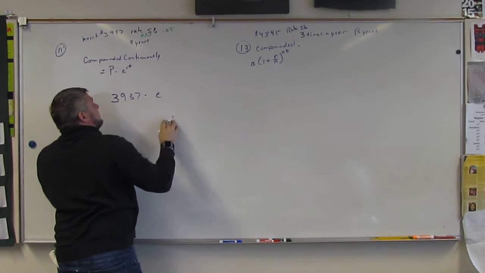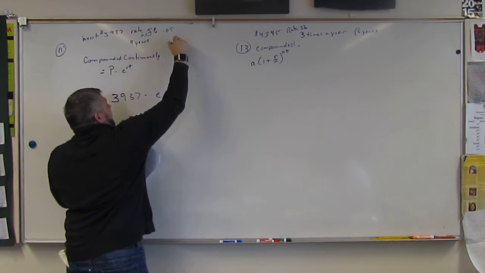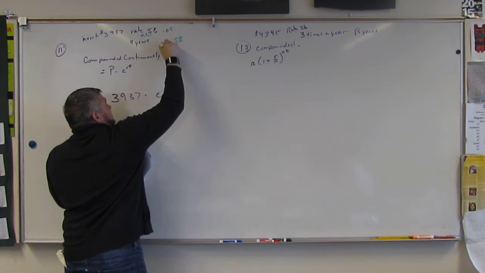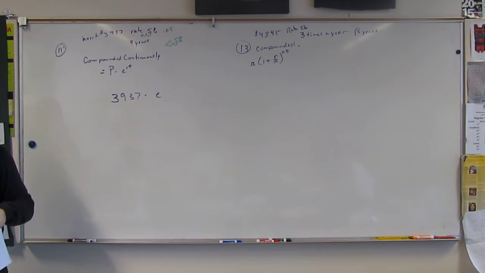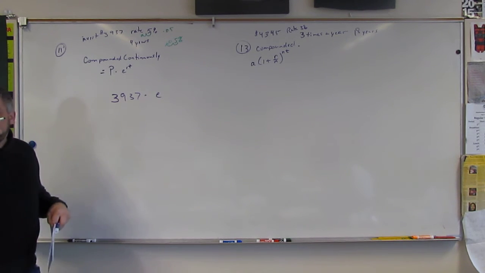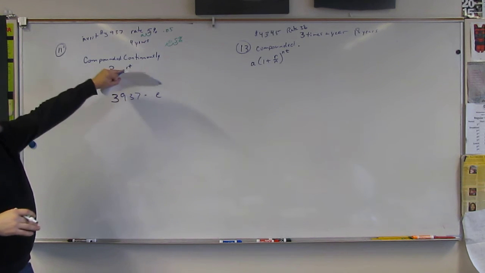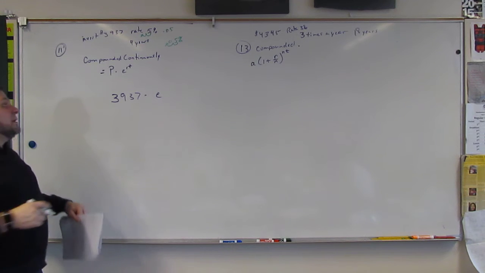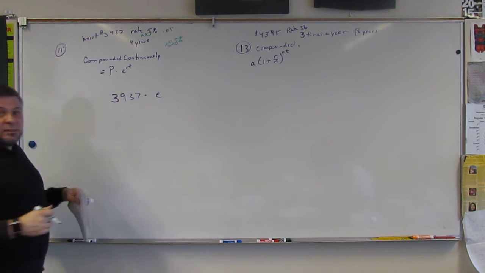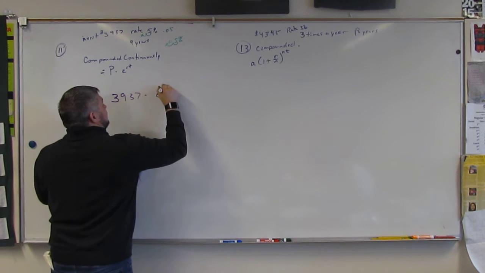Whoa, whoa, whoa. Why is it 0.05? Because 5% is 2 places. It's divided by 100. 5 out of 100, right? So it's divided by 100, which means 5 100ths, not 5 tenths, which is half. Okay? And that's a big difference, right? So it's going to be 0.05